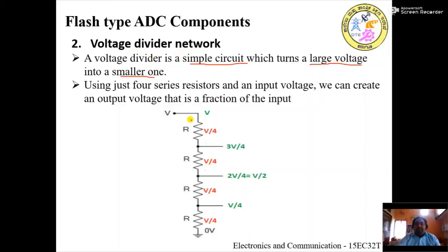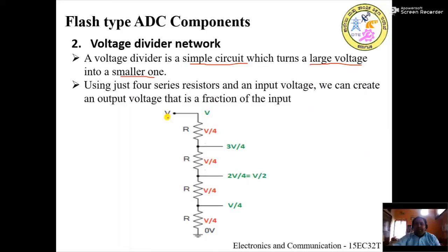So here in the voltage divider network, basically we will be seeing resistors which are connected in series fashion, and at different nodes we would be taking the outputs. As you can see here in the example, I have shown a series resistor network which consists of 4 resistors connected in series, and I have taken 3 nodes. From these 3 nodes, I would be measuring the fractions of the input voltage V.